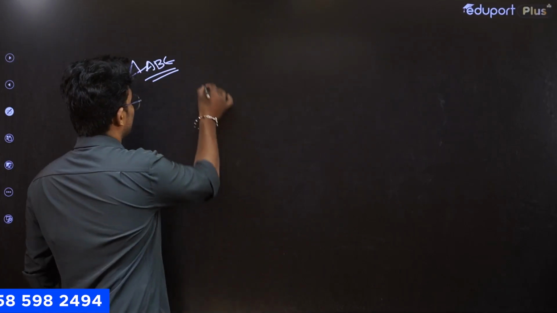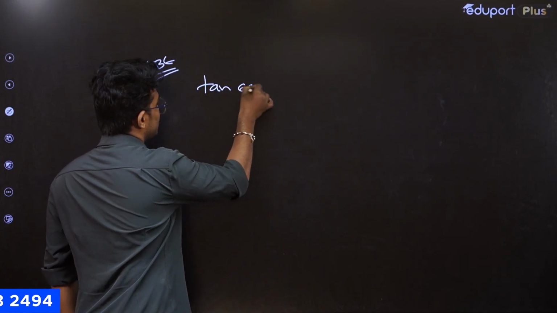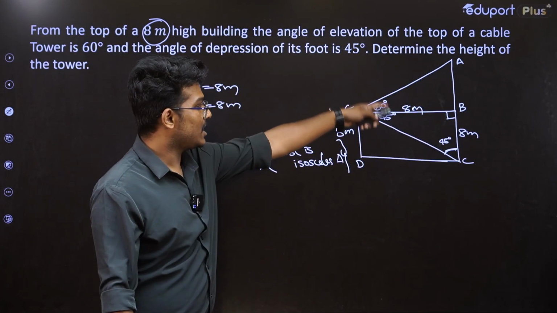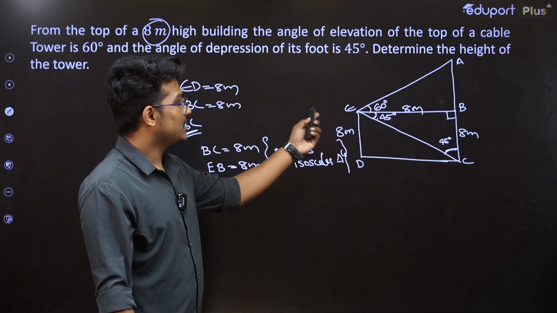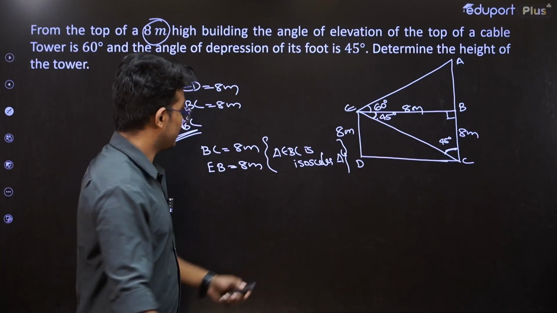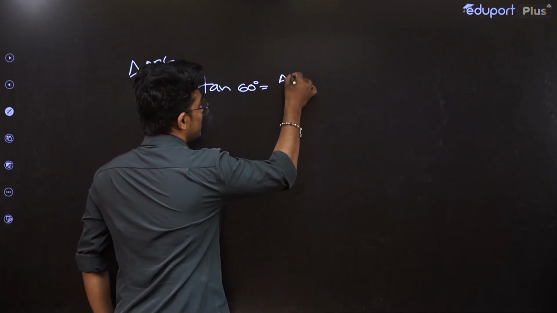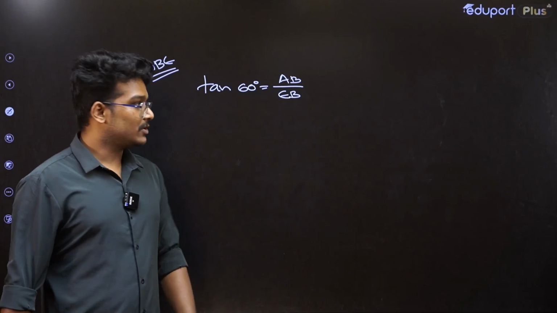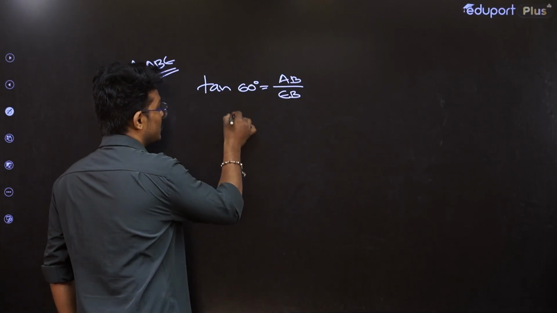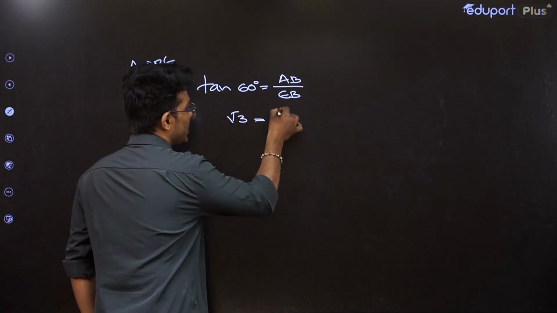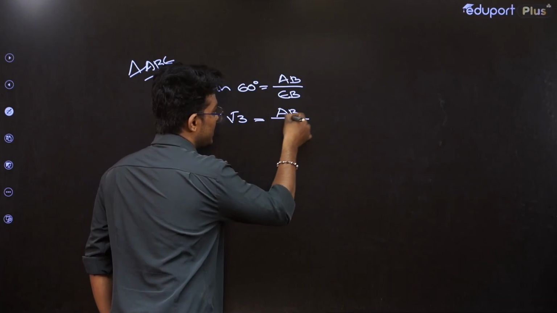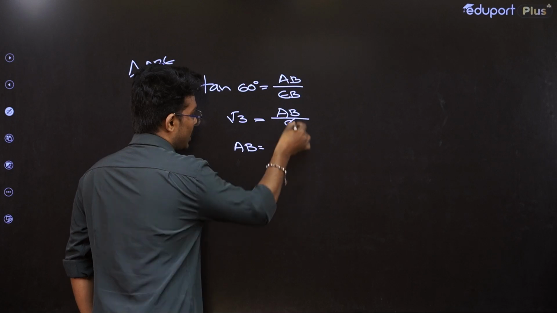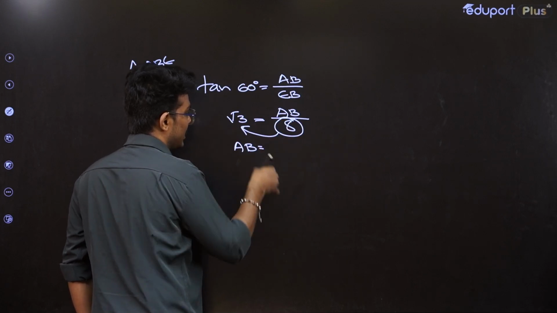Tan 60 degree is equal to the opposite side over the adjacent side. AB is the opposite side and EB is the adjacent side. So AB by EB. We already know that tan 60 is root 3. Root 3 is equal to AB by EB. We want to find the length of AB. EB is 8. So AB is equal to, I am taking this 8 to the left side,